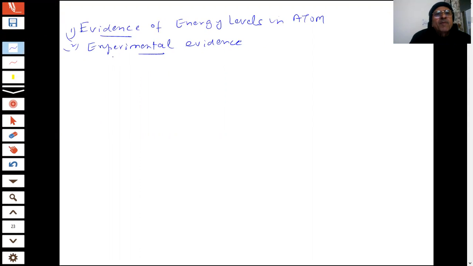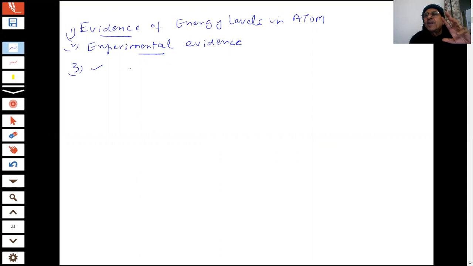And you know, what was the most important experiment which led to Bohr's postulates? Do you know, students? Can you help me? Which experiments were being done, students, in order to say that there are energy levels? And which spectrum was studied? The first one, after which Bohr proposed his atomic model, which contained energy levels.